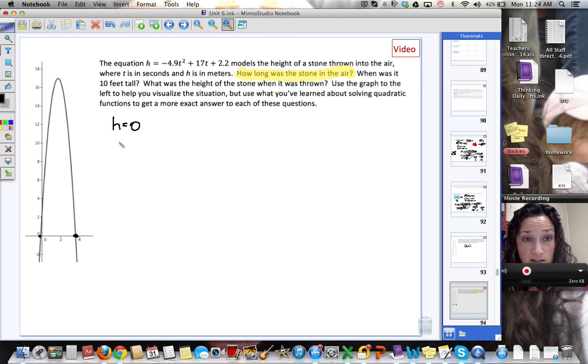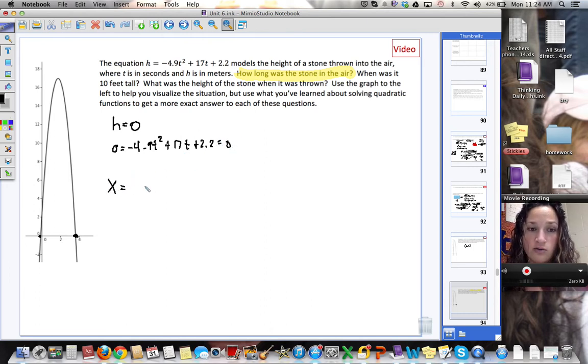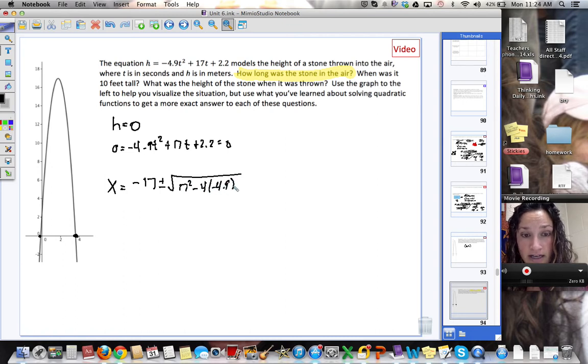So then I'm going to have this. 0 equals negative 4.9 t squared plus 17t plus 2.2. And if you don't like the 0 on that side, put the 0 on this side. I don't care. Now I'm just going to do the quadratic. So x equals negative b, negative 17, plus or minus the square root of 17 squared minus 4 times negative 4.9 times positive 2.2 all over